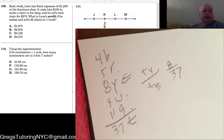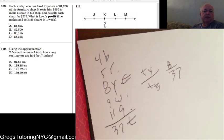Okay, 109. Each week, Leon has fixed expenses of $1,250 at his furniture shop. It costs him $150 to make a chair in the shop, and he sells each chair for $275. What is Leon's profit if he makes and sells 25 chairs in 1 week? Okay, so if I remember this problem,